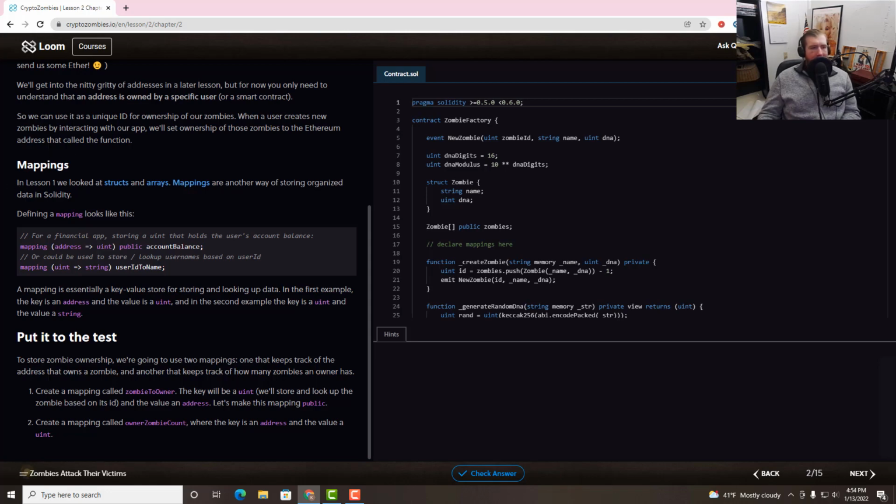In lesson 1, we looked at structs and arrays. Mappings are another way of organizing data in Solidity. Defining a mapping looks like this: mapping(address => uint) public accountBalance; or it could be used to look up usernames based on user ID: mapping(uint => string) userIdToName;